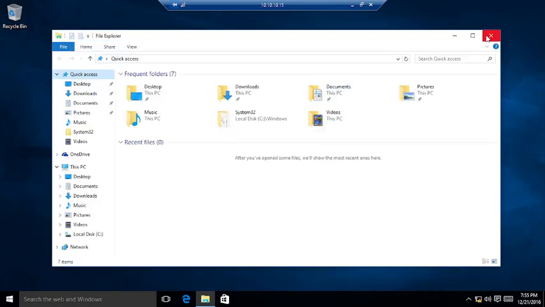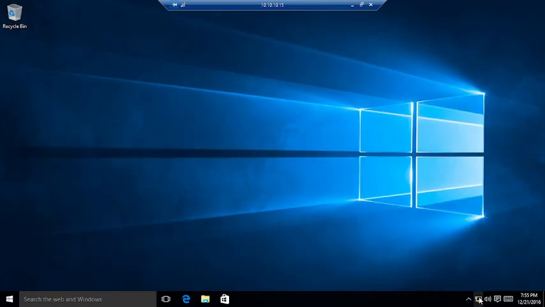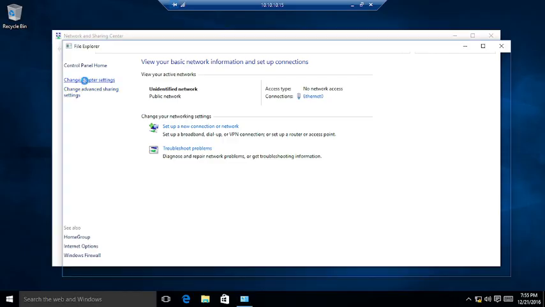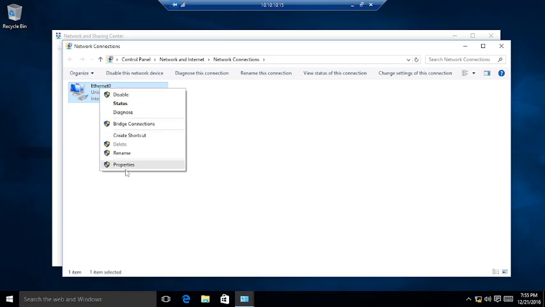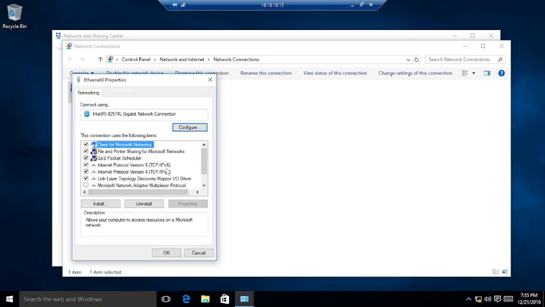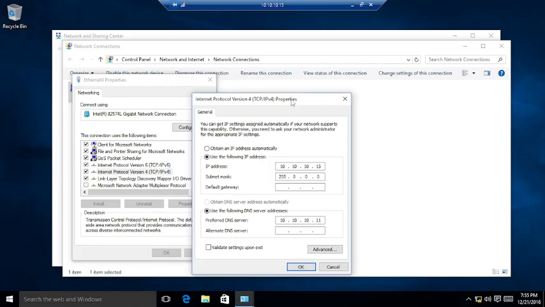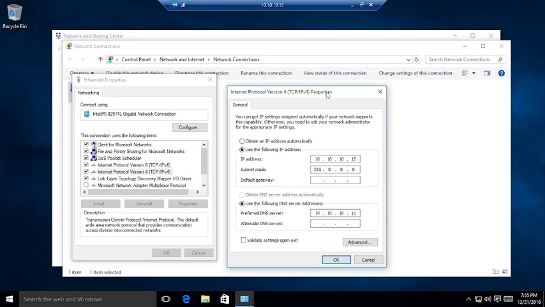Let's verify the network configuration. Let's go by here this time. Right click, open Network and Sharing Center, click on change adapter settings, right click, go to properties, IPv4 properties, and here I already put the DNS IP address. So this computer's IP is 10.10.10.15, and here I entered the preferred DNS server IP,